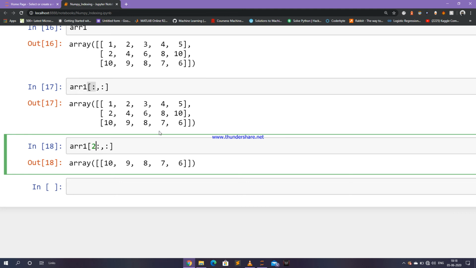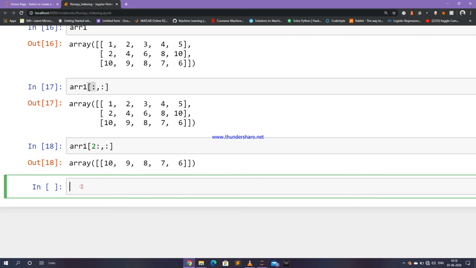It might sound confusing to you guys, but if you practice and stay focused, it will become clear by the end of this video. I have said here that I want the last row, so I declared a starting point, the second row, which is 0, 1, 2, and I want all its columns. So it printed it here. Now, guys, let's say that I want this 1, 2, 2, and 4. So I'll say array1, and I'll say